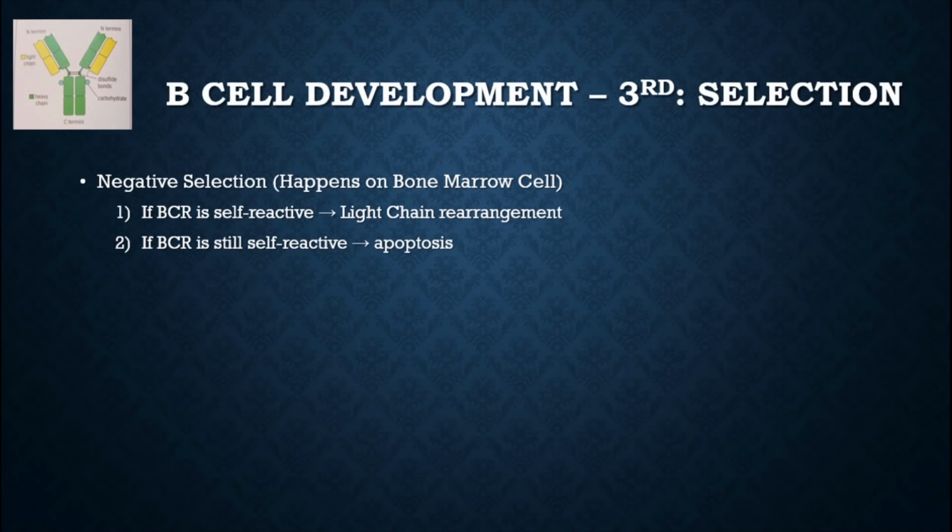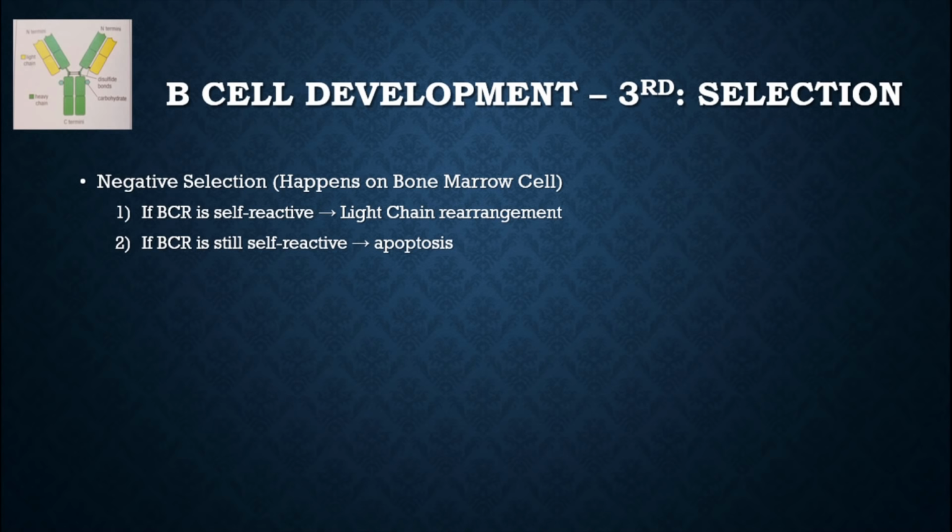From there, it goes to the third step, which is selection. It goes through negative selection, in which the cells in the bone marrow are going to partner with these developing B cells and present self-proteins. If the B cell binds too tightly to a self-protein, that's a bad thing because you don't want antibodies against your own cells. So what the B cell is going to do is it's going to have 2 chances at